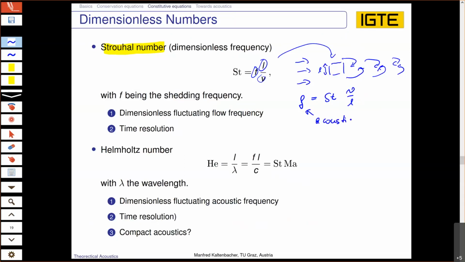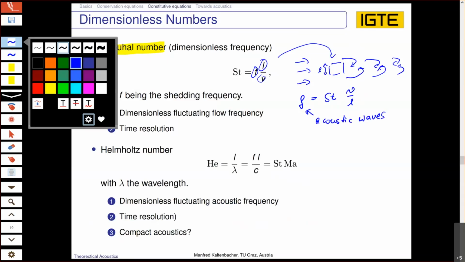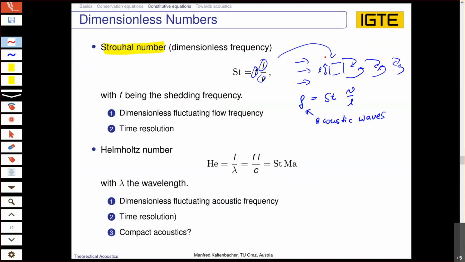So it is not only the shedding frequency, it is also the frequency of the acoustic waves being generated, which, as we will go into in detail later, radiate in this direction. So they are more or less oriented 90 degrees to the flow direction. So this is the sound being radiated. So you see, this is a very important